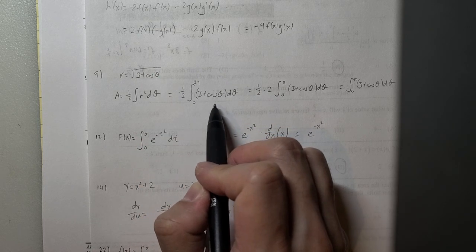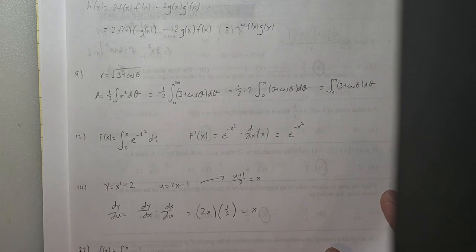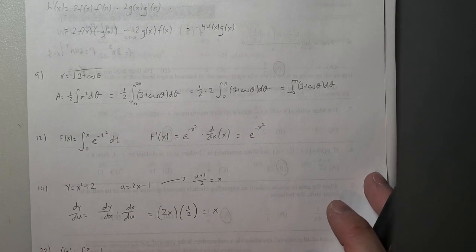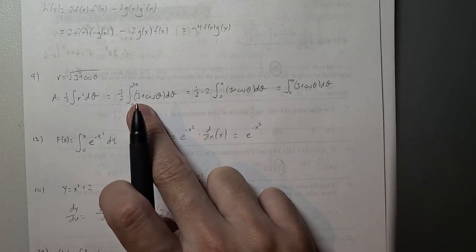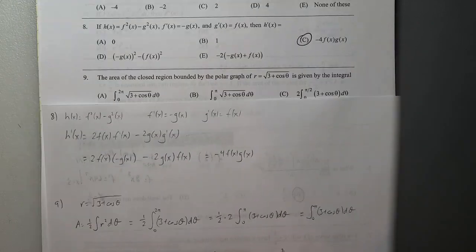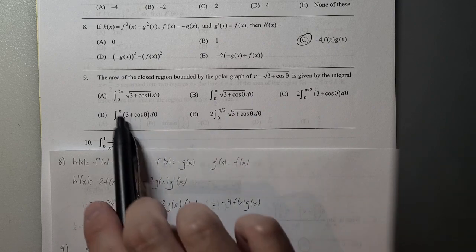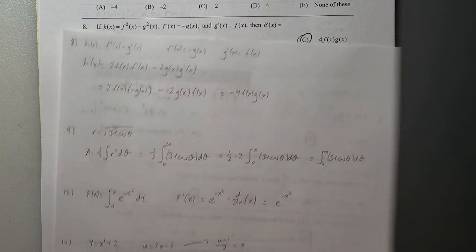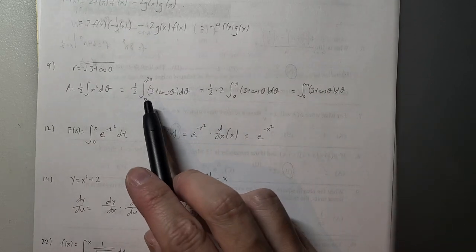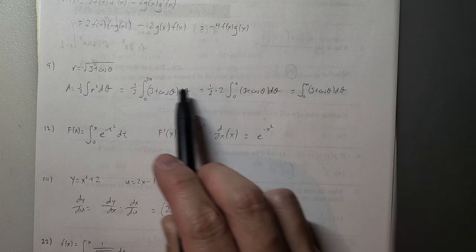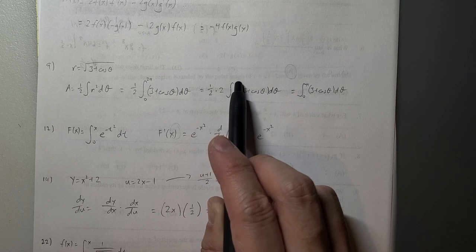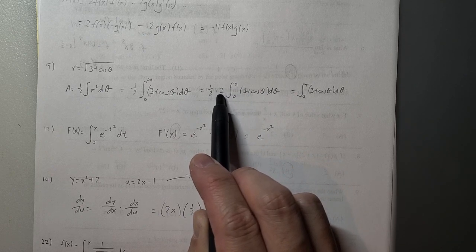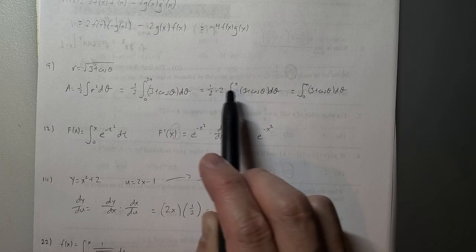Okay? So, excuse me. I'm going to do one more thing. This answer is correct, but we don't have it as one of the choices here. Okay? So we do one more step where we can actually go half the interval and then multiply the result by 2. Why can we do that? Well, we know that